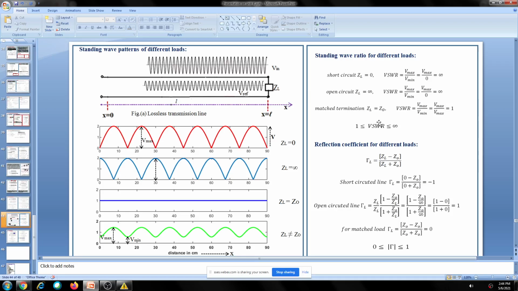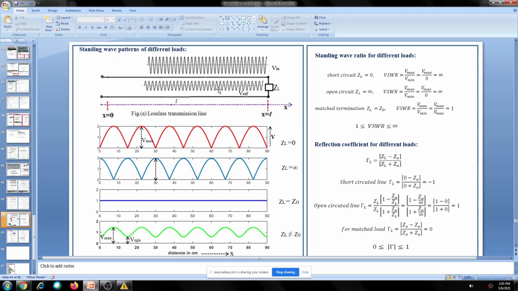So it is a very important parameter, VSWR, like the reflection coefficient. Reflection coefficient, you already studied that. We will see again. I have given the value. VSWR matched means it is 1. Usually practically we cannot get exactly 1, but up to 1.5 it is acceptable. If we measure a VSWR within 1 to 1.5, that is the acceptable value of VSWR in many applications. Greater than 1.5 is not acceptable.